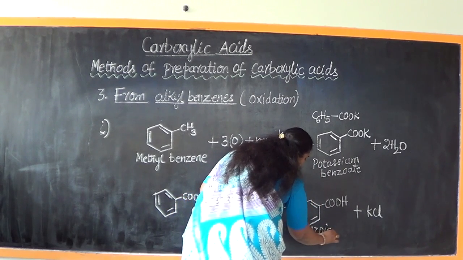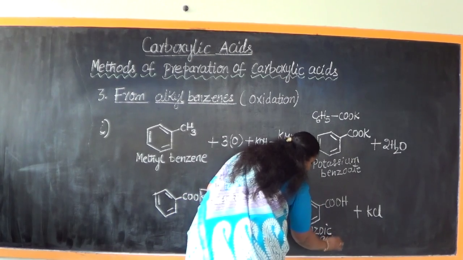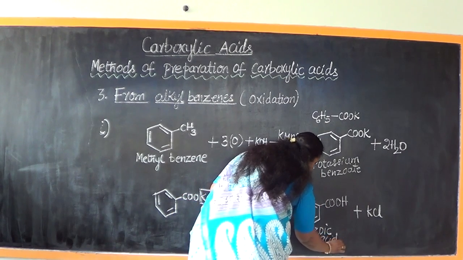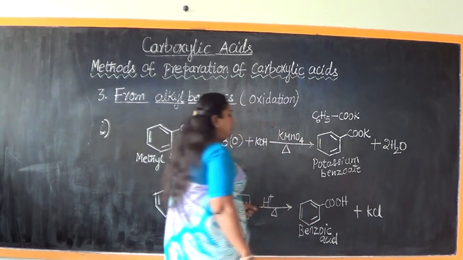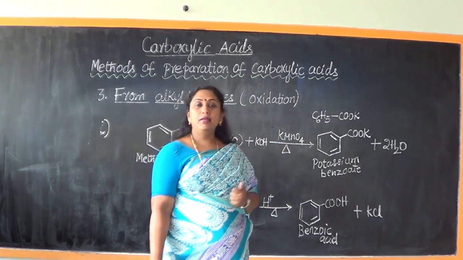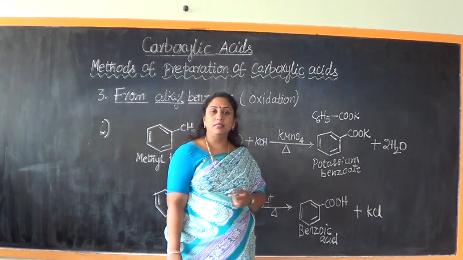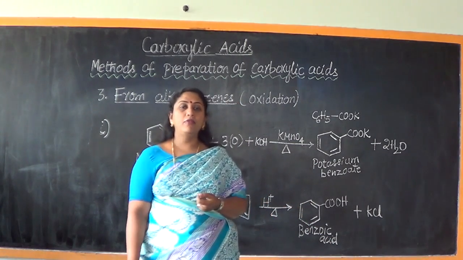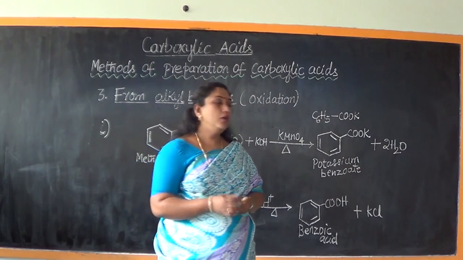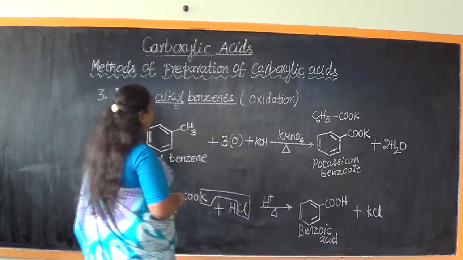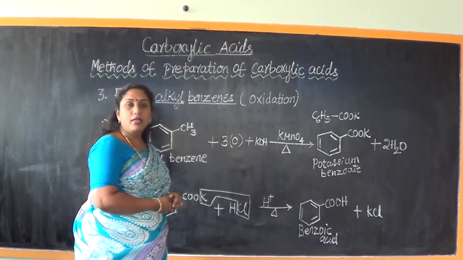So we landed up in the formation of the carboxylic acid, namely benzoic acid. Benzoic acid is the common name as well as the sanctioned name. It is otherwise called benzene carboxylic acid. That would be the correct IUPAC name of this compound. So I repeat with the equation again for easy understanding of the concept.